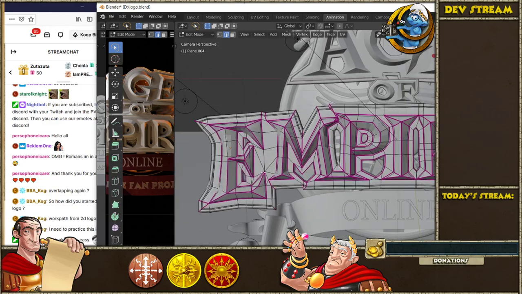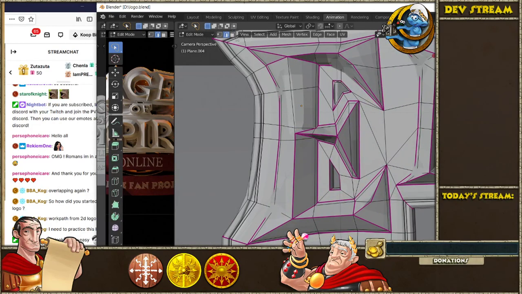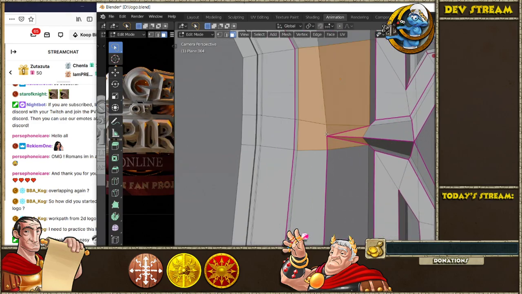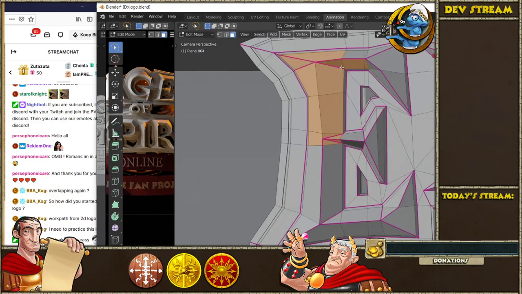And hope it does not take that much time to do it. Let's put up the subdivision surface for now. And let's select